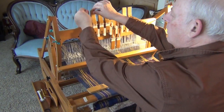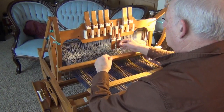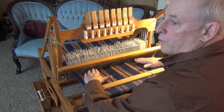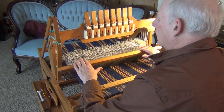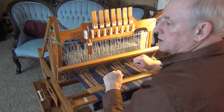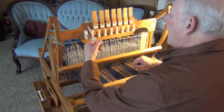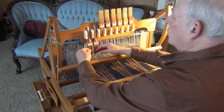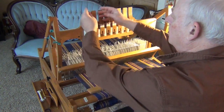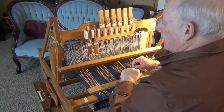Now if I did it that way by raising and lowering the 2, I would always return to the neutral or no open shed position. But because these levers will stay put without my hands touching them, or if it were a treadle loom without a foot holding the treadle, I'm not going to do it by returning these 2 to that position and then pulling these 2 down. What I'm going to do, after I weave with shafts 1 and 2,